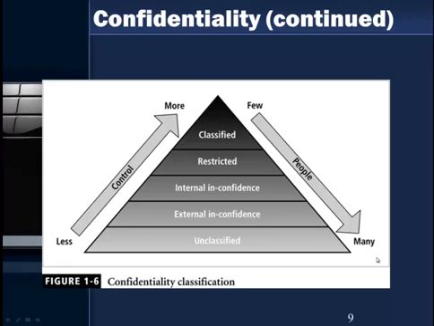And then, here's just an example of a classification scheme, unclassified being the least valuable pieces of information all the way through classified. And if you look over here on the left, we're going to have fewer controls around the unclassified, which is going to allow more access for people. And then as we move up the pyramid towards more classified or more restricted data, then we're going to have more controls, which is going to eliminate the number of individuals that can actually gain access to that piece of